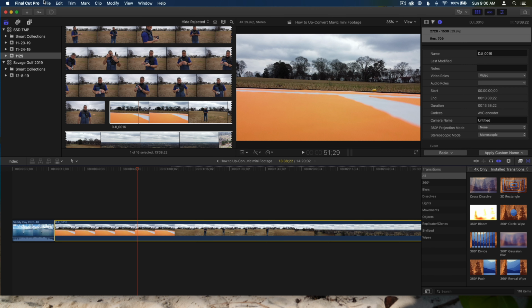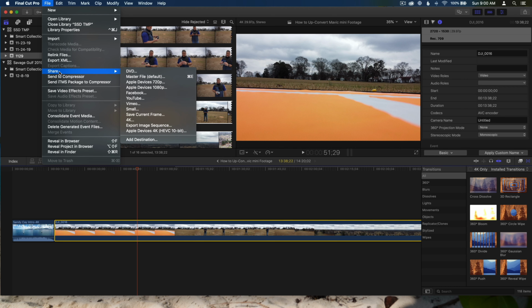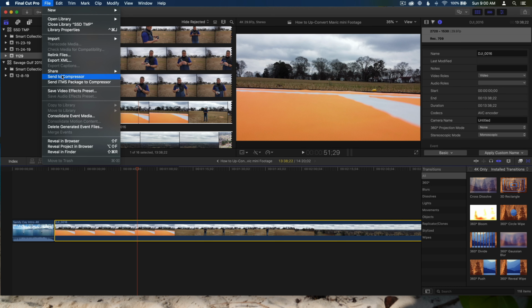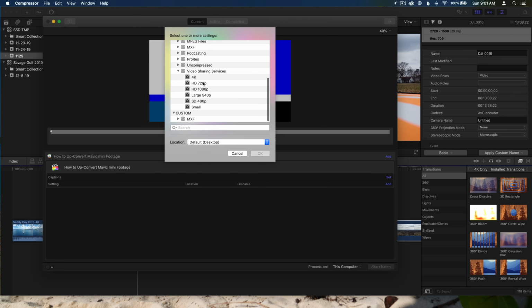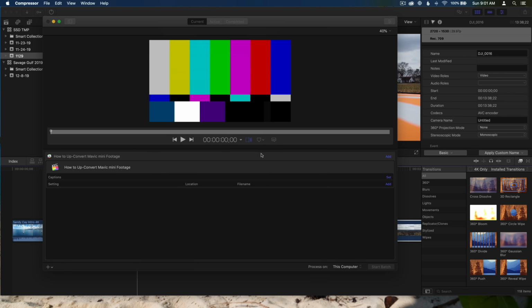So now all that I do is File, Share, Send to Compressor. And then Compressor is going to pop up here in a second. So I've got Compressor, and then I'll do Add. You can see the project that we're doing here. It's entitled How to Up-convert Mavic Mini Footage. So I click Add, and the format I really like to use for YouTube is Video Sharing Services 4K. So I simply select that, click OK,